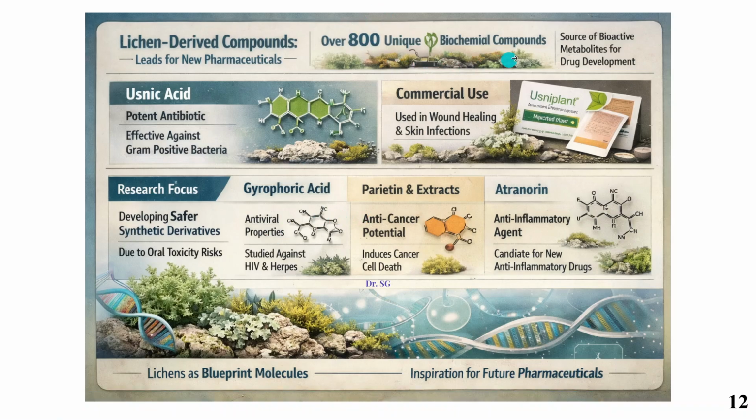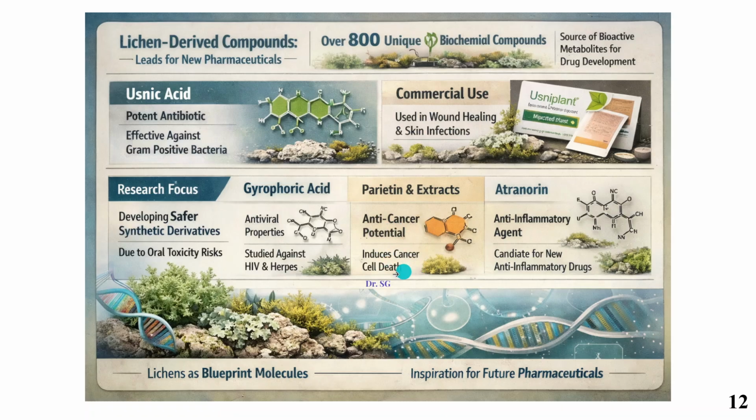So over 800 unique biochemical compounds are present. Usnic acid, a potent antibiotic, is used commercially for wound healing and skin infections. Research focuses on safer synthetic derivatives, as oral toxicity risks are also there, so they have to be very careful with this. Gyrophoric acid has antiviral properties against HIV and herpes, which is a common disease, these herpes infections, and paratine is being extracted for anti-cancer potential, and